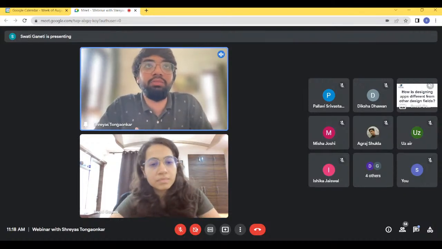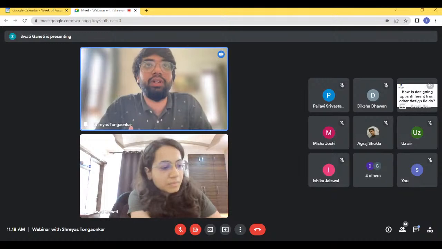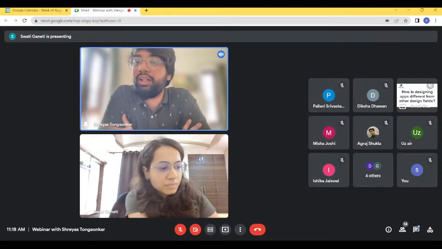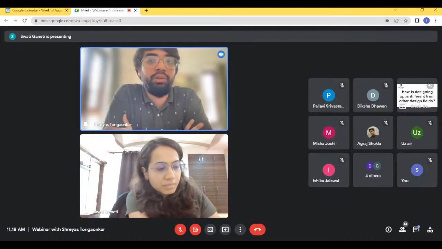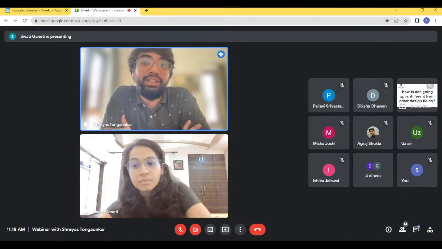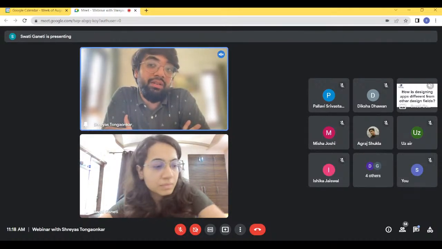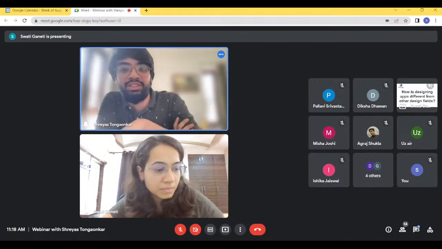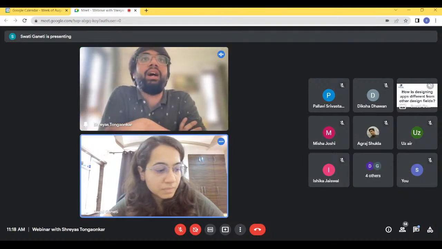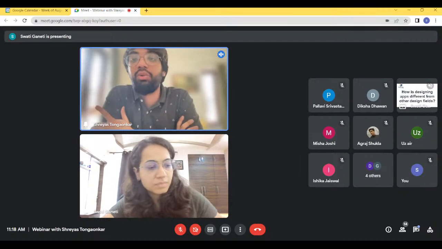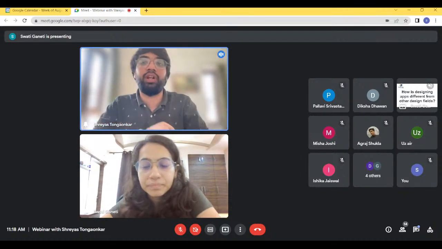Where UI UX comes in, or where designing apps is a little different, is you have to get into a lot more minutia in terms of the detailing and what you want them to see, what you want them to click. There is a lot of logical reasoning that has to happen in terms of understanding what people are going to click first, and then what is the second thing they're going to click, and what is the third thing they're going to click. You have to balance it out with trying to understand what feature you are trying to push.